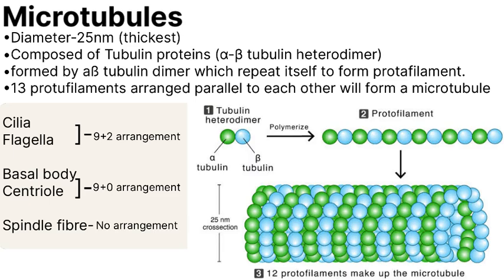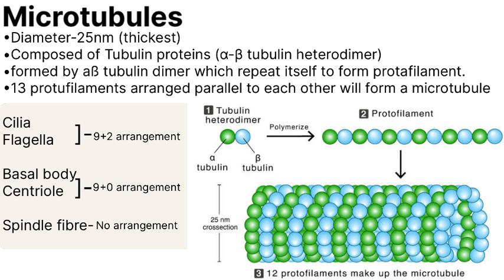These alpha beta tubulin dimers assemble end to end in a long parallel chain called the protofilament, where the number of alpha and beta tubulin in a protofilament depends on the length of the microtubule, on how long it is. There is no such fixed number in it. A microtubule comprises 13 laterally associated protofilaments, and these 13 protofilaments align side by side to form the hollow cylindrical structure of a mature microtubule.